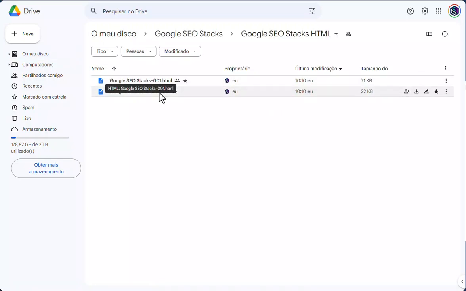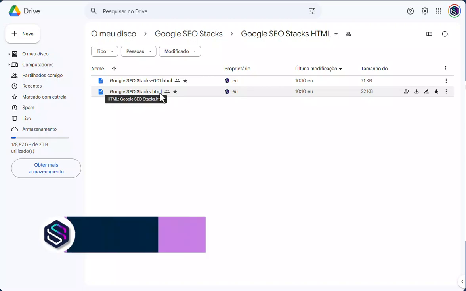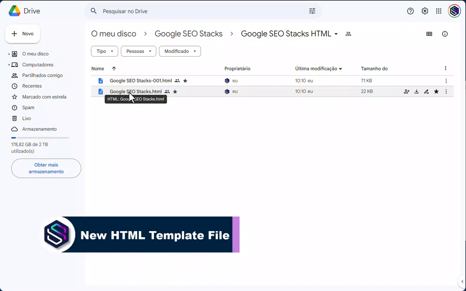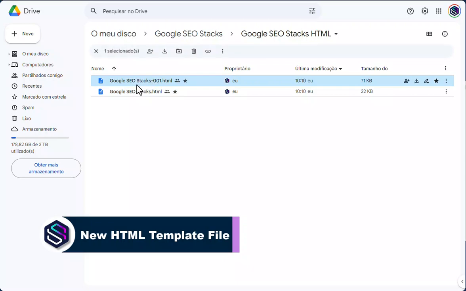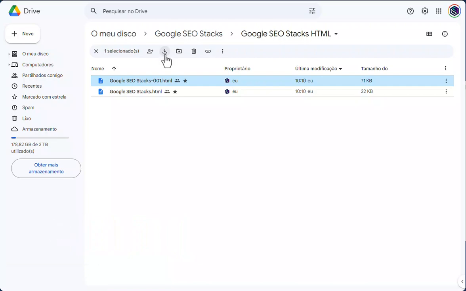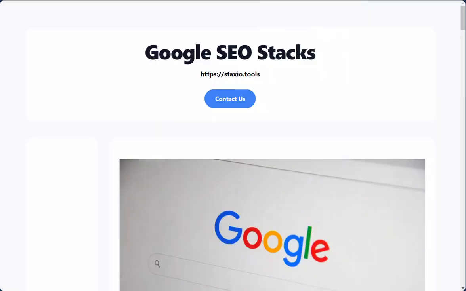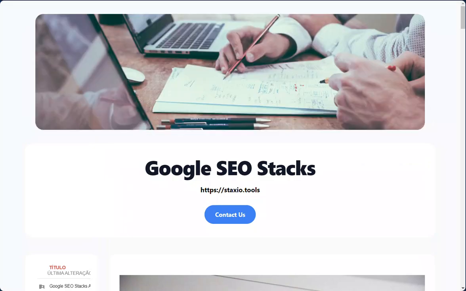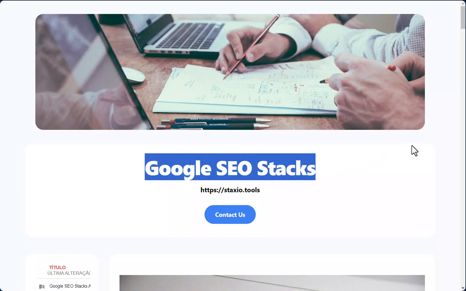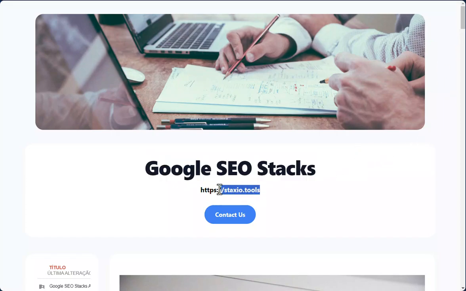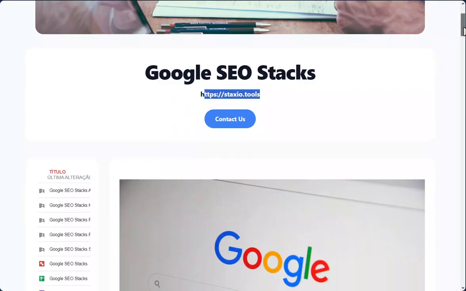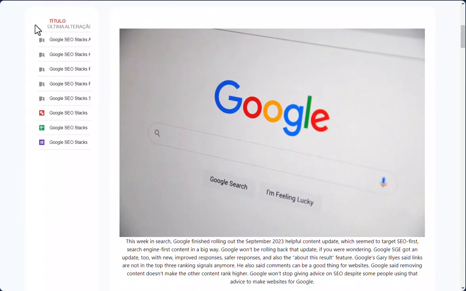We have two files, and we have the old template, which is this format, Google SEO Stacks, and we have the new template, which has this -001.html. I'm going to download it. And here's our HTML file from our Google Stack build. So there's our call to action image, the keyword that we have selected for the Google Stack, our target URL, contact us button, and we have the embed of the